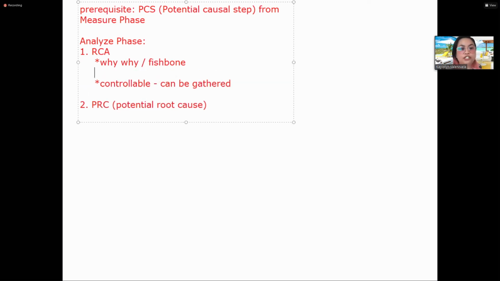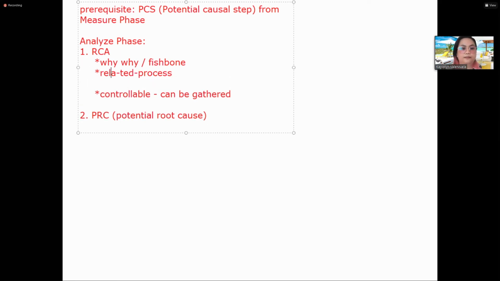Sa fishbone, sino dapat ang involved na mga tao? So, yung mga related sa process. Okay. And kapag nagbe-brainstorming tayo, ano ba yung mga information required